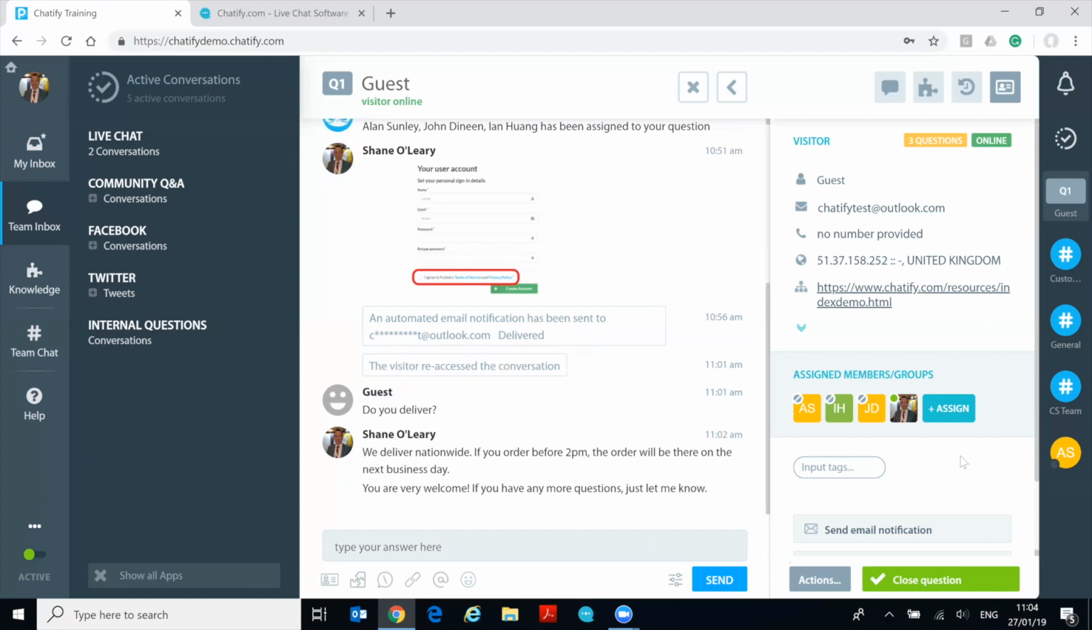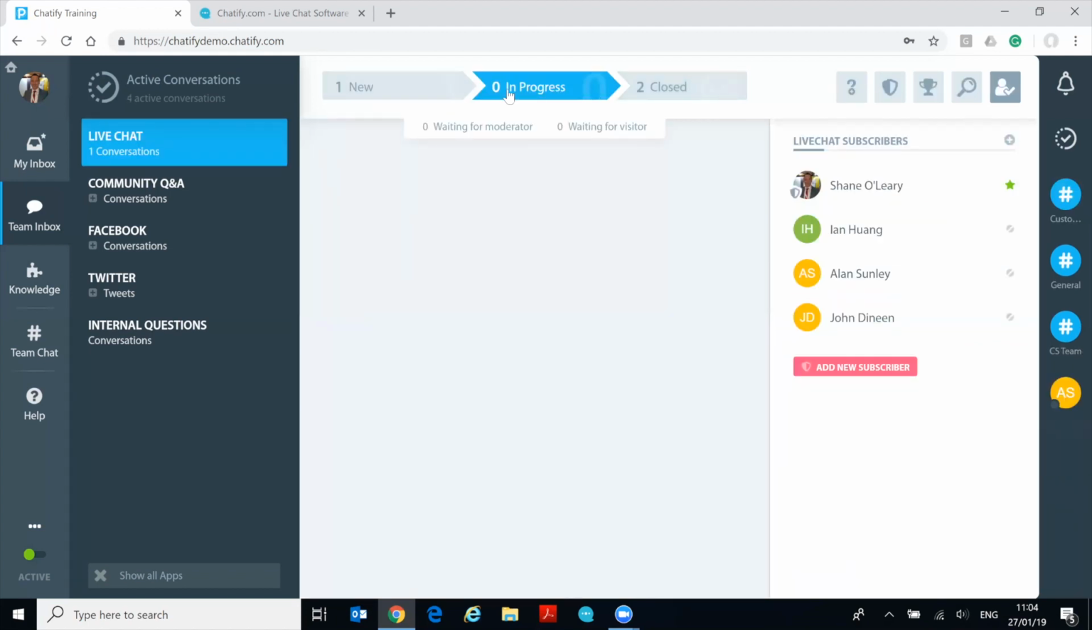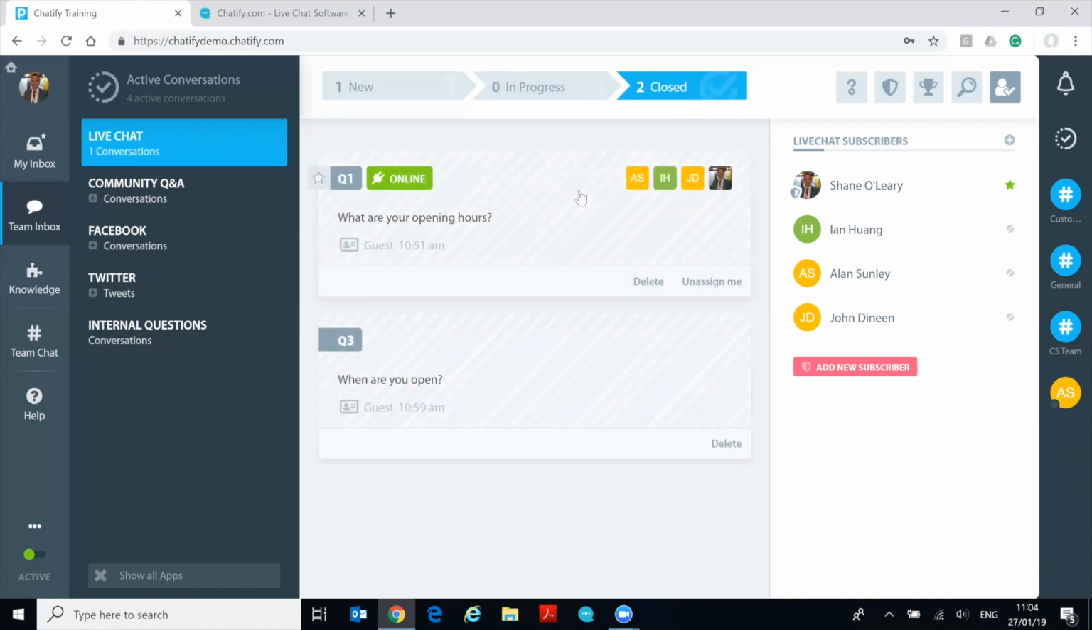So at this stage, I might want to close the question. You can see I can close the question from the bottom right. Everything is done, and I can close that here, and the question moves into the closed section. If I go back in here now, I have no in progress questions, and now I have 2 questions